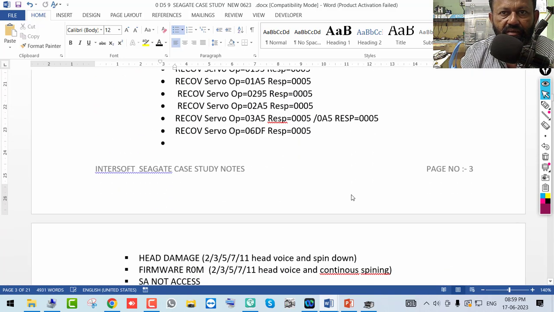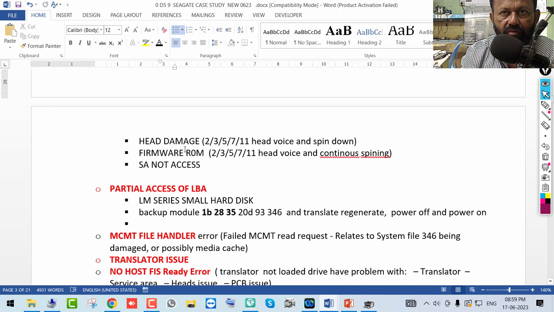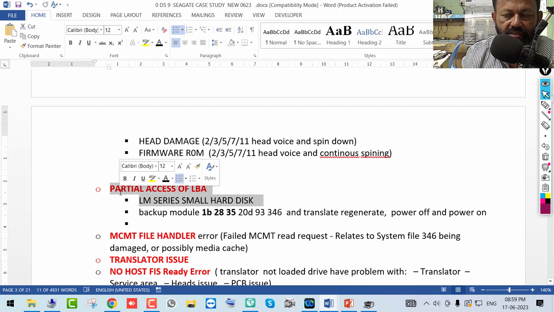So this is your head damage, firmware ROM damage service. Partial access in a hard disk. There is an LM series hard disk with partial access. Partial means the starting four sectors are showing but the remaining sectors are not showing. In this condition we have to, we have already seen these cases in the classes, but I am showing you